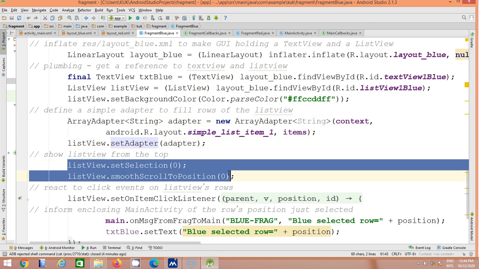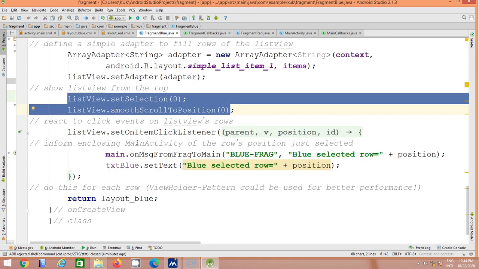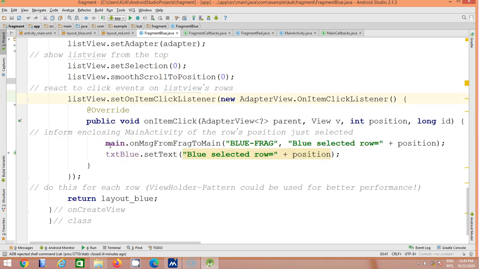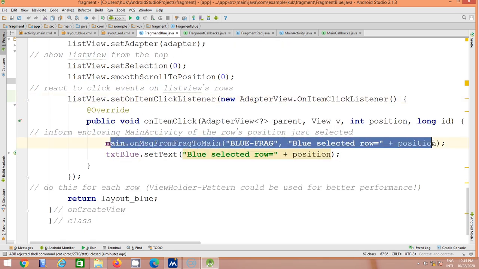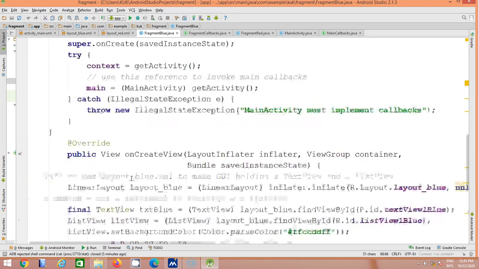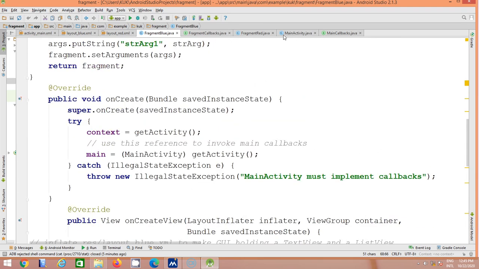These two lines are used so that when the user clicks any list item, it transfers the message to the main. Main dot on message, with the value of the fragment and message, and simply sets the value of the text view and returns. Now the next code is for